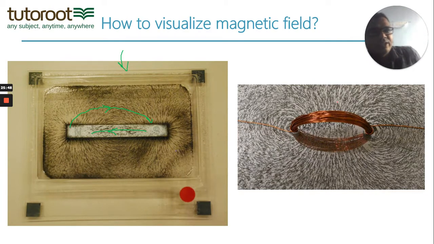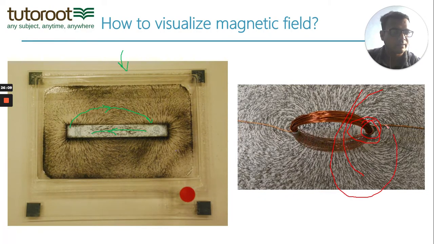Now on the right you can see there is a loop, a current loop. It's a circular loop, it's not a straight current, it's a looped current, and in that looped current also you can beautifully see magnetic patterns. They're circular at these points, and then as you go inside they start becoming bigger, bigger circles around.